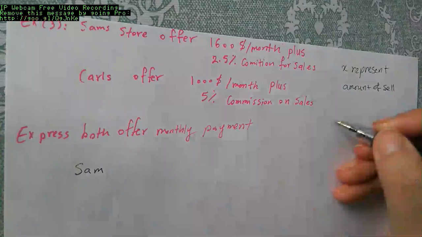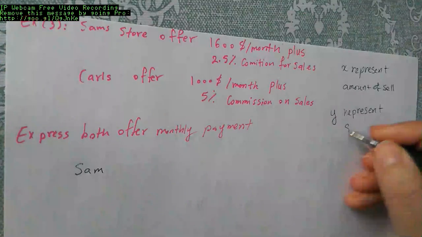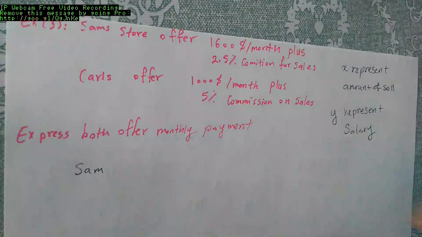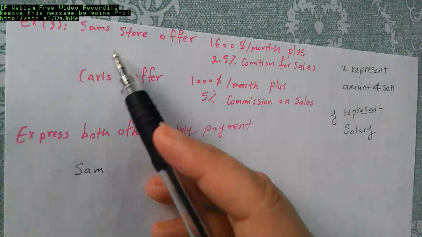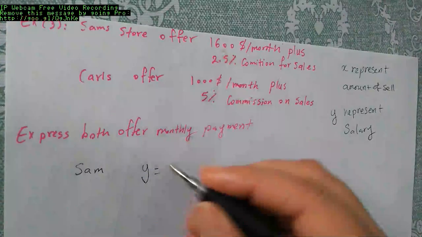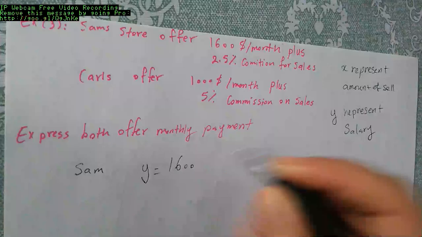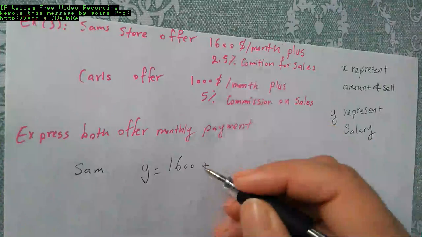And the y represents salary, the salary you get after each one. So for Sam, y is equal to, so this is 1,600 is fixed, right? Doesn't matter how much you sell, you will get this. Plus